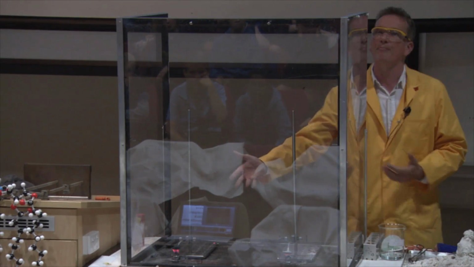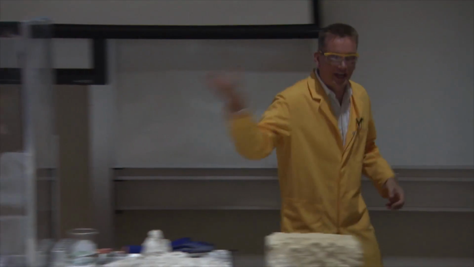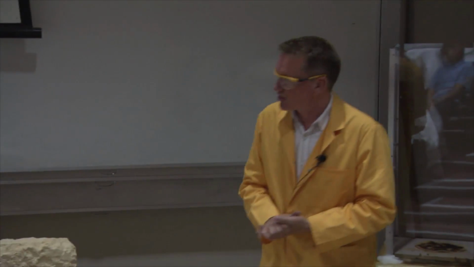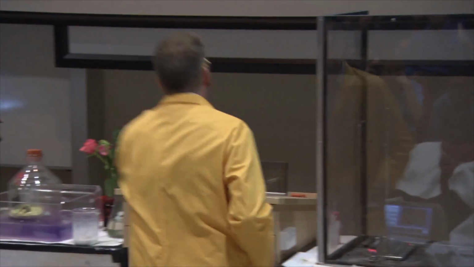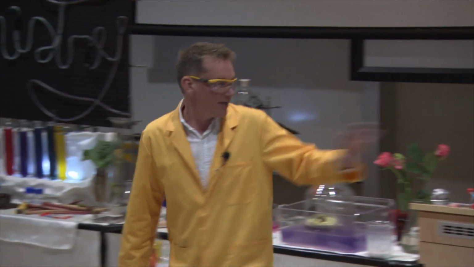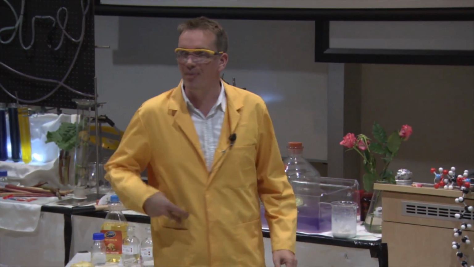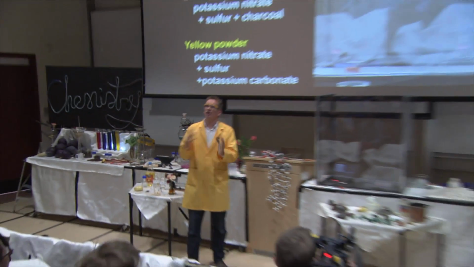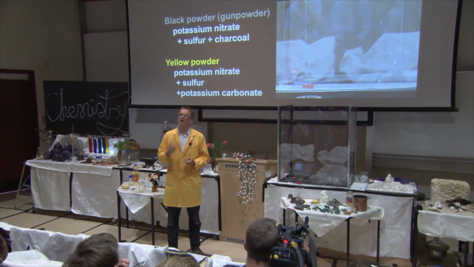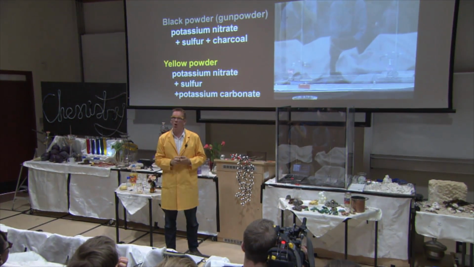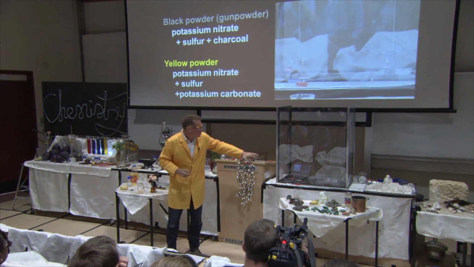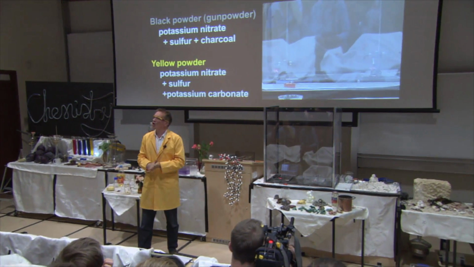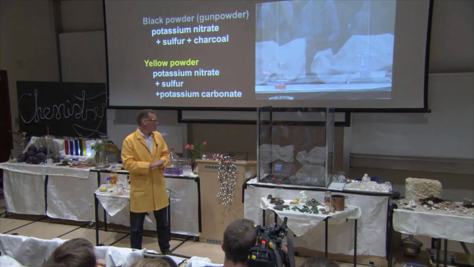Now, we all know, of course, that gunpowder is used to make fireworks, to make rockets and bangers and so on. But we're going to keep an eye on these two now. On the left-hand one, we've got our gunpowder. In the right-hand side, we've got the yellow powder. Gunpowder: charcoal, burnt wood lying around, saltpeter, scraped from the stable wall, sulfur, find lying around near volcanoes. The yellow one, we've just swapped the charcoal for potassium carbonate.